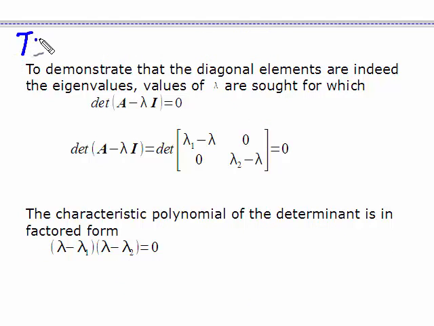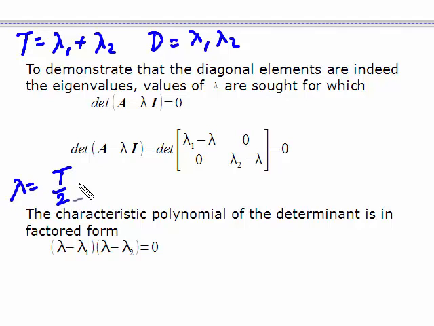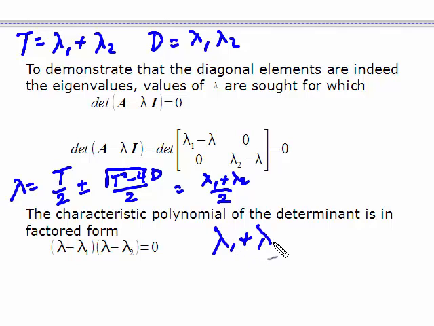Okay, so we know that T is this. D is this, and we're looking at lambda equals T over 2 plus or minus the square root of T squared minus 4D over 2. So you have lambda 1 plus lambda 2 over 2. And what's under that square root sign? Okay, T squared would be lambda 1 plus lambda 2 squared, and it's going to be minus 4 times lambda 1 lambda 2. Working this out, you've got